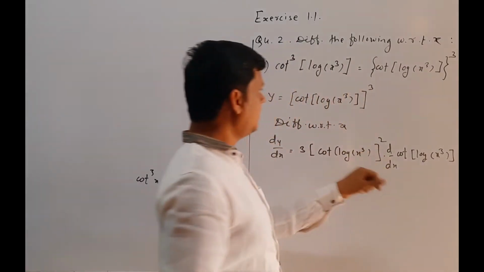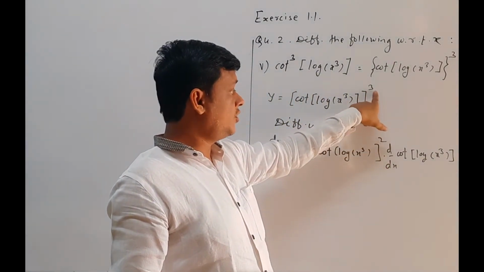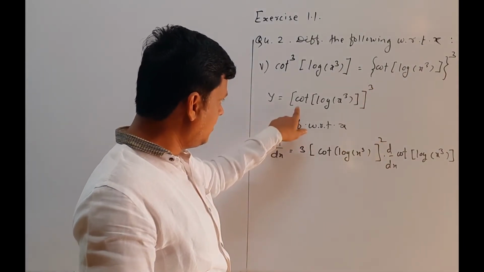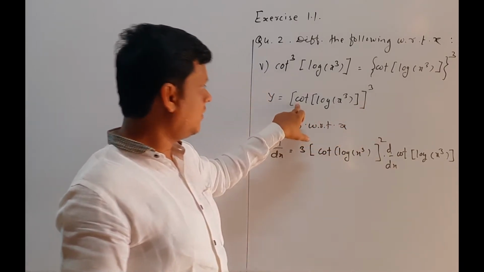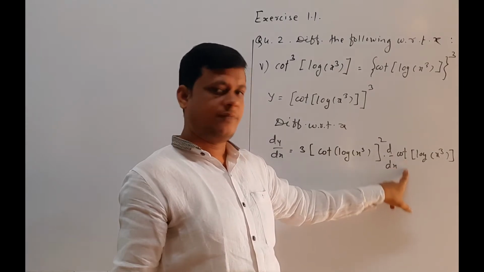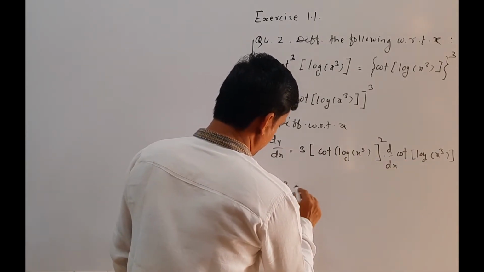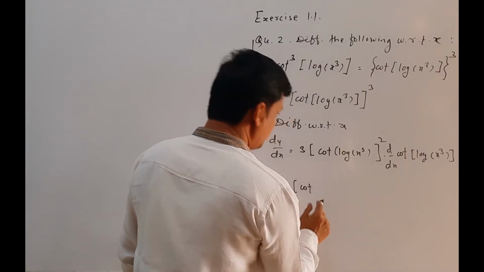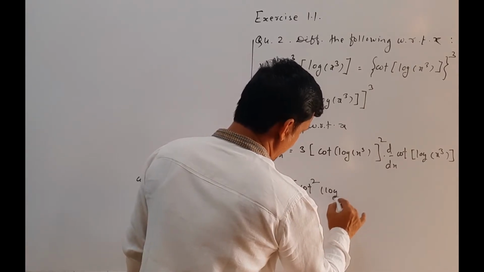That means here first the outer function is this raised to the power, that means the power function. Then when we find the derivative of the power function, we have to find the derivative of this cot. Then this cot becomes the outer function. So we have to find the derivative of cot here. So 3 in bracket cot of, so we write this as cot square again. So cot square log of x cube